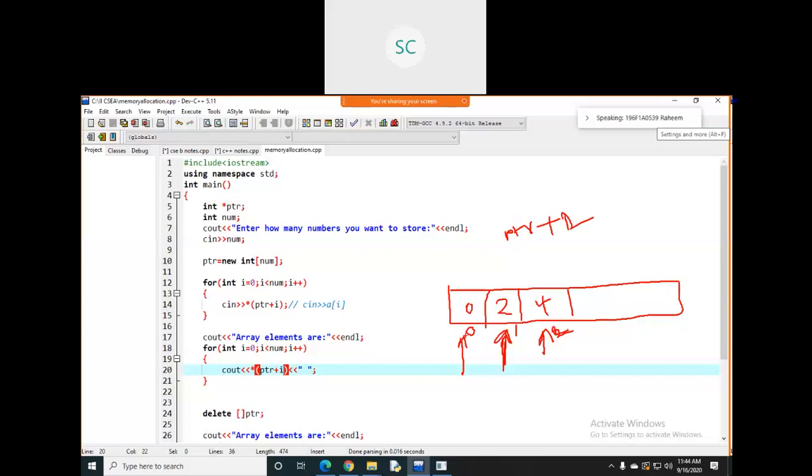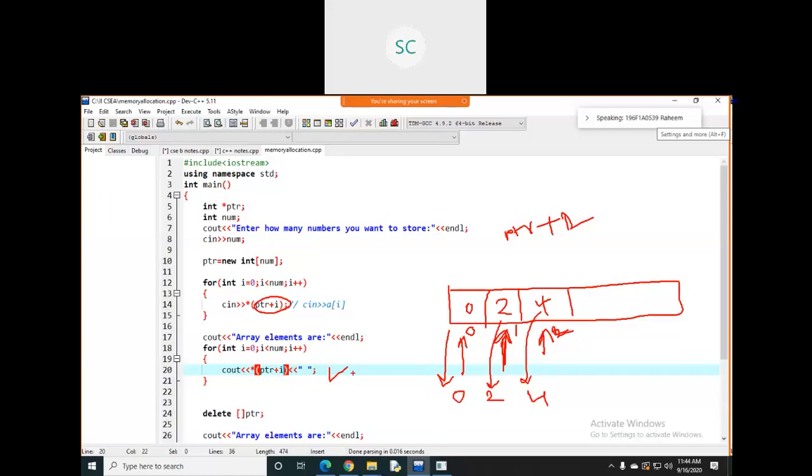While retrieving also, by using ptr it will point to the first address, the 0th position, and from that address you are getting the value. Here you are storing the values, and here you are retrieving the values. cout means retrieving the values, right? From the 0th position you are retrieving and printing in the output. In the next iteration, from index position 1, and in the next iteration, from index position 2. In this way you will use ptr plus I.